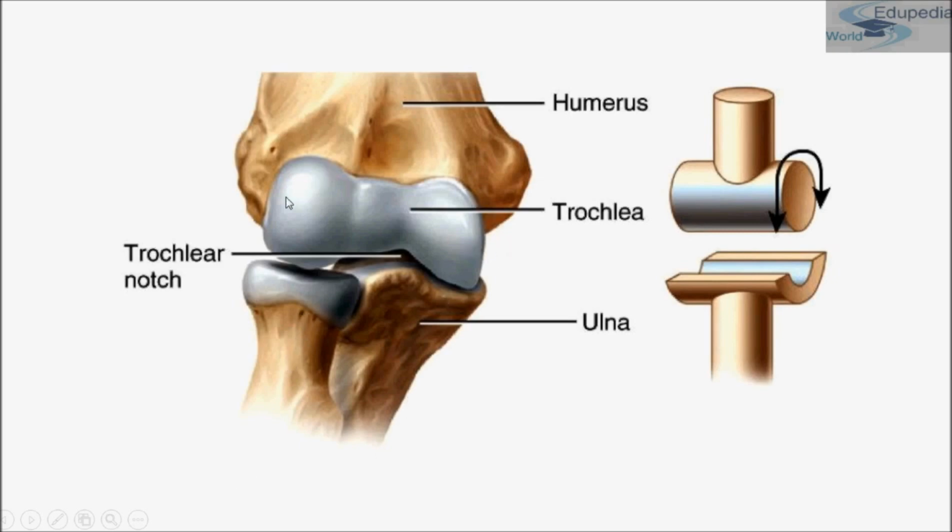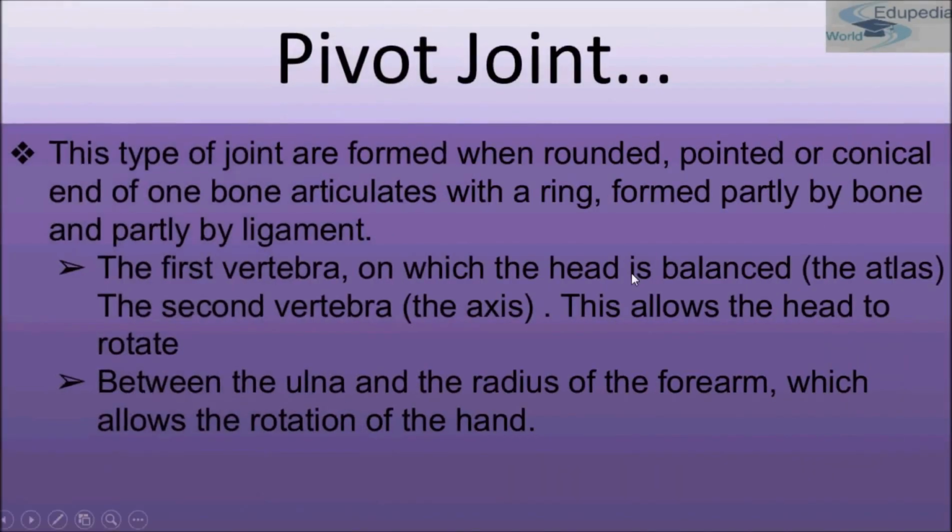So, this is how it works. This is the concave and this is the convex, so they both fit into each other and they form such a kind of hinge joint. And then comes the pivot joint. It is between the atlas and the axis. That means it is found in the neck part, and this type of joint is formed when a rounded, pointed